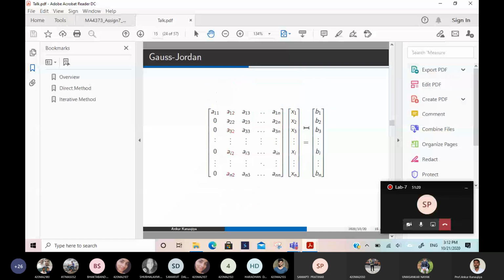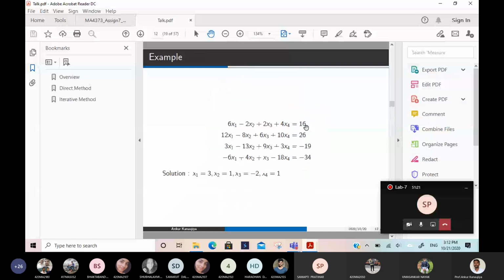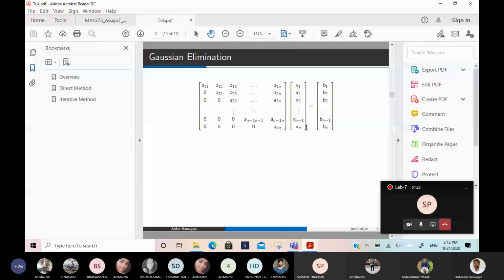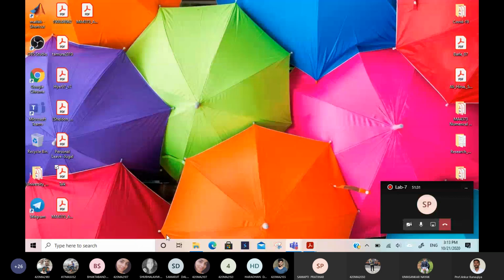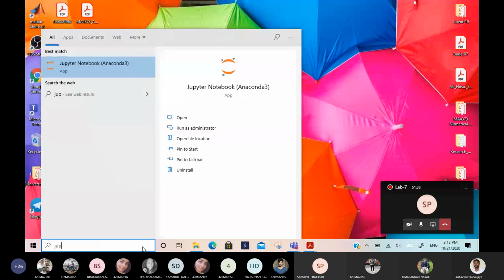So Gauss elimination: first we will convert the matrix into the upper triangular matrix by using k from 1 to n minus 1, i from k plus 1 to n, and so on.